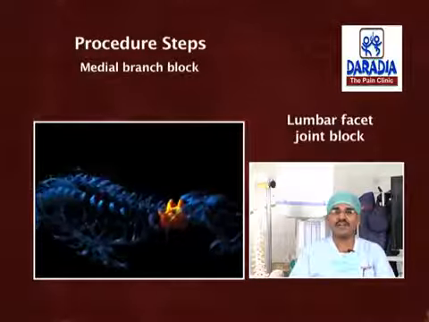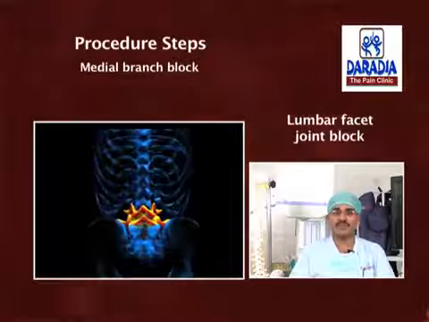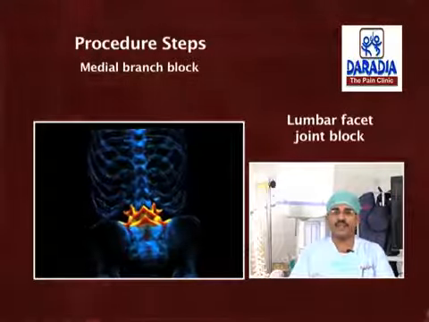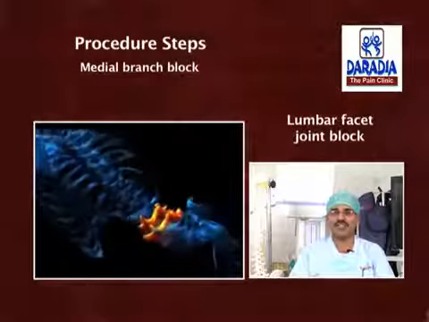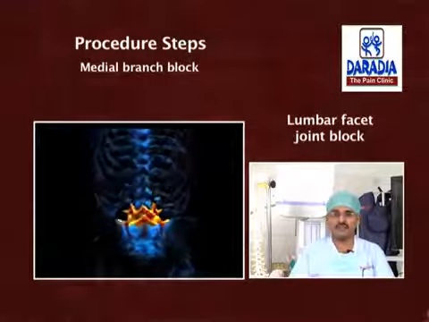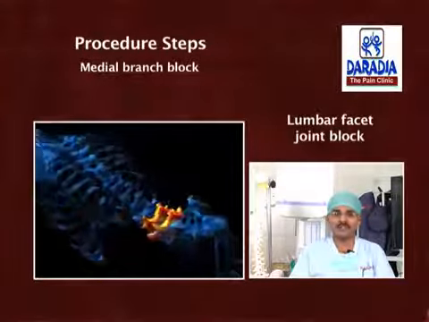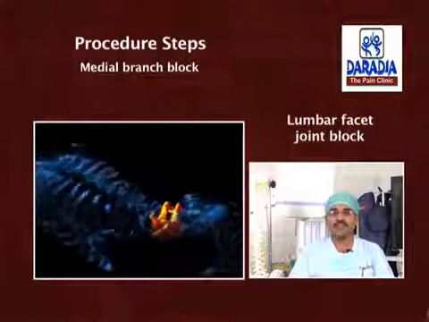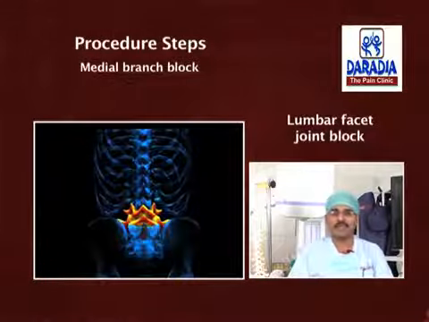Once confirmed, start with sensory stimulation with 50 Hz and 0.6 volts, and it should produce paresthesia or pain in the original pain site. After this, we should go for motor stimulation, which is usually done with 2 Hz and 2 volts, and usually it produces contraction in the multifidus muscle, not in the lower limbs. If contraction is produced in the lower leg, then it means the needle is close to the segmental nerve and the needle should be replaced again.